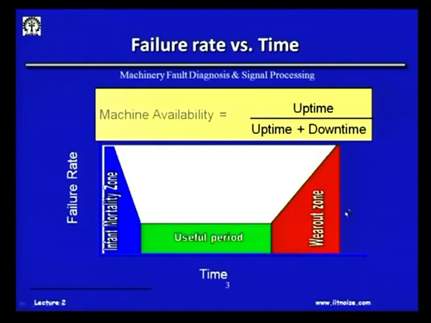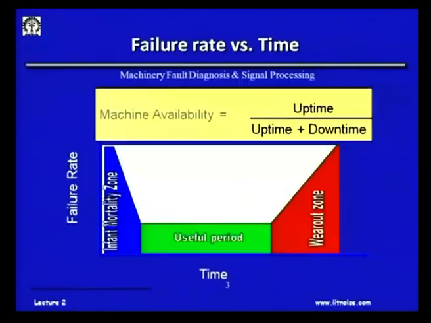Or the cost, because of these frequent shutdowns or breakdowns in the machine, is not wise, not financially beneficial for you, and that is where we call a halt and then we discard the machine. Okay. So, the machine's availability is given by this function. Uptime is the time given for the useful period, and the denominator, uptime plus downtime, is nothing but the total time of the machine. So, we as maintenance engineers have to strive for high uptime, high availability of the machine.